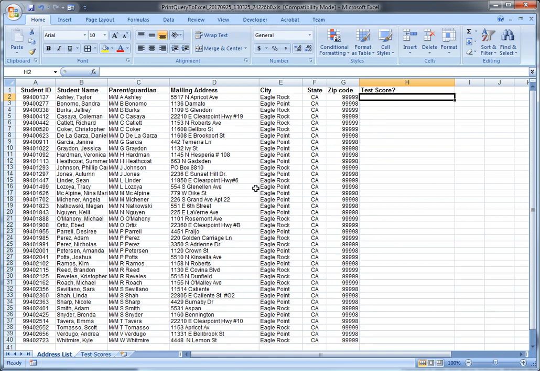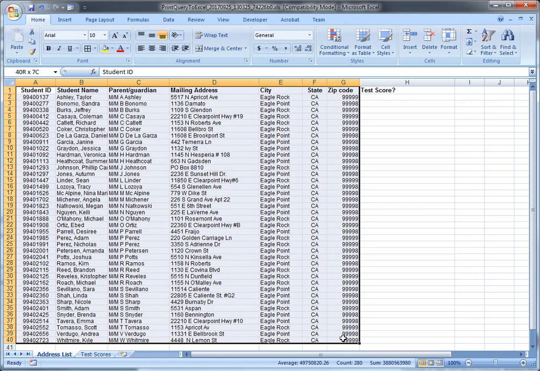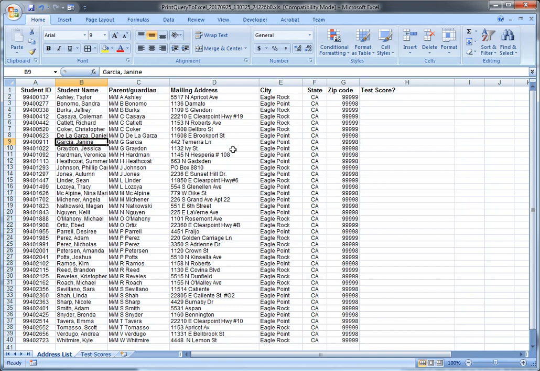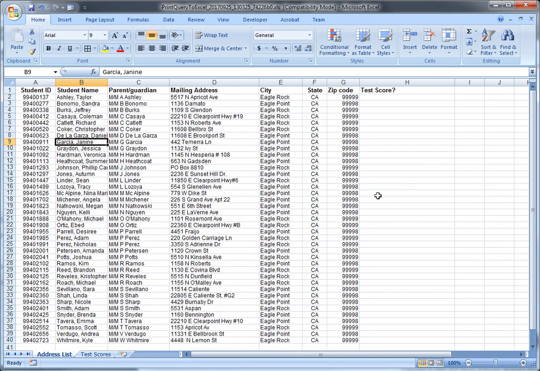So for our example, we have a list of students from Aeries, and we have their ID, their address, their parent guardian name, and we're going to create a mail merge and mail some test scores to the parents of these students. The test scores are not stored in Aeries. They're stored in a separate file that maybe we got from the test vendor or downloaded from our online testing application. How do we merge these two separate pieces of information so that we can then create a mail document